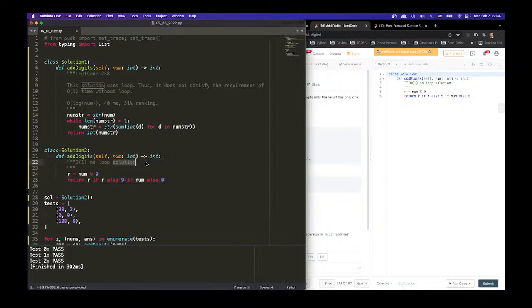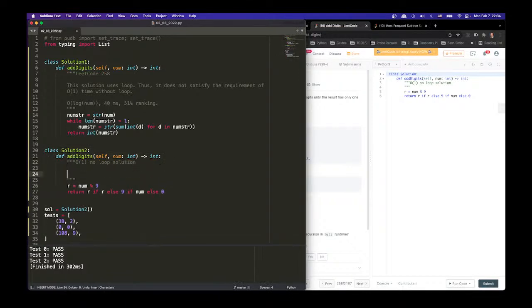I have confidence this is right. 0 is 0. 1 to 9 is 1 to 9, 10 to 18 is 1 to 9,